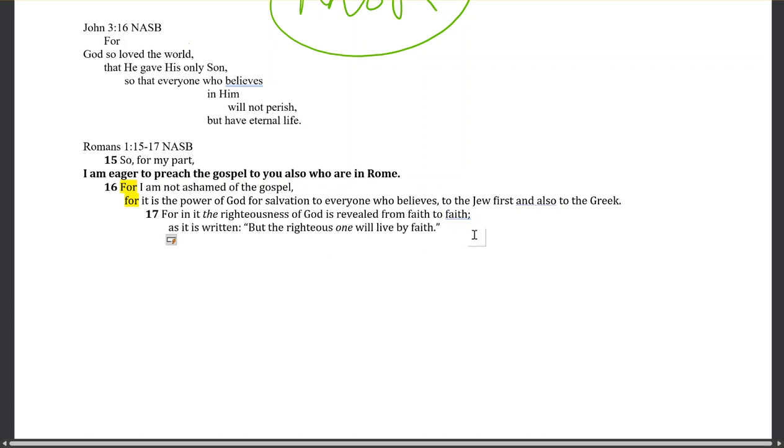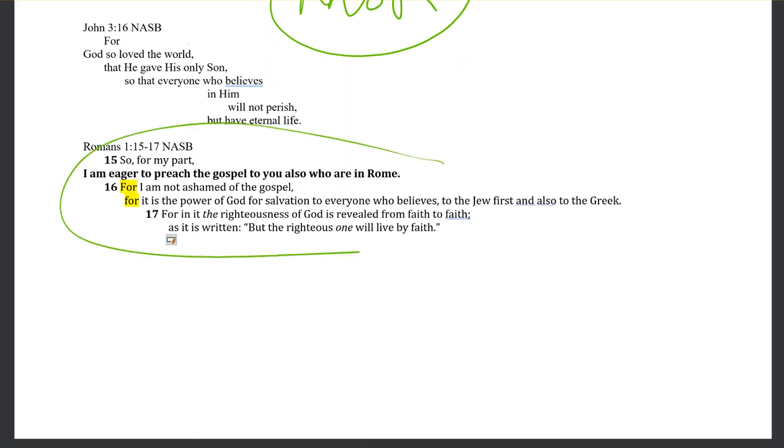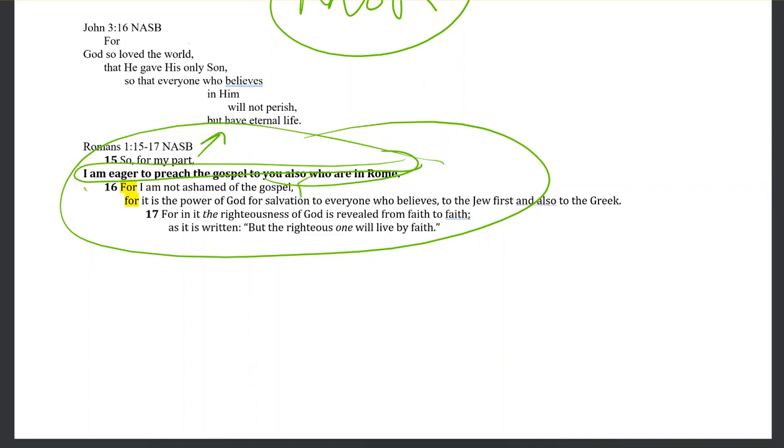Okay, so this is how I would structure this passage to just get the main idea and the supporting details. And so one would then say here, okay, what are the premises that are above? And then Paul says, I am eager to preach the gospel to you also who are in Rome. The reason, then, I'll say here, this will be reason for above, reason for wanting to preach the gospel. And then another reason now, for it is the power of God for salvation to everyone who believes, to the Jew first and to the Greek. Okay, very good.